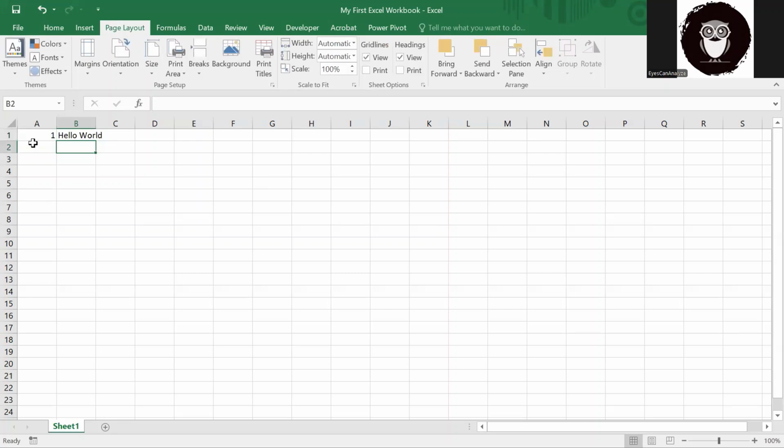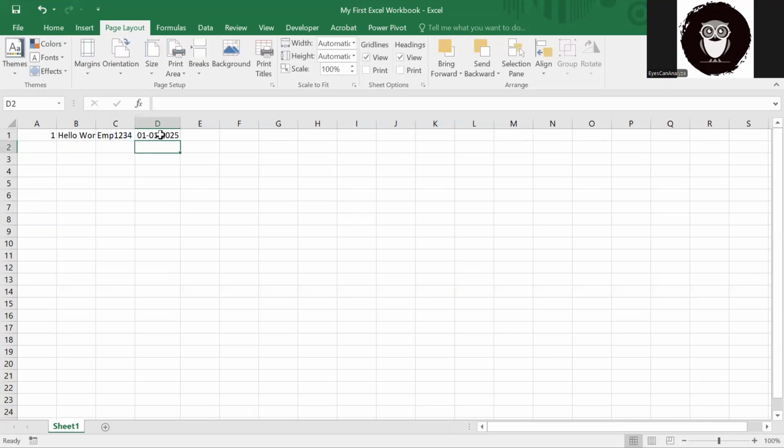Or it can be alphanumeric as well, like an employee ID, like EMP 1234. It can have a date as well, 10125. So it has a date. It can have a true or false value. So it can have any kind of data type within its cell.